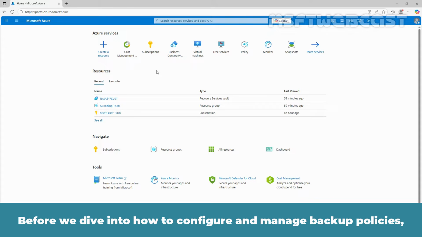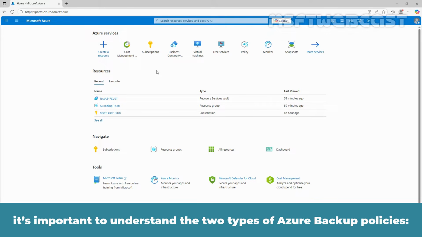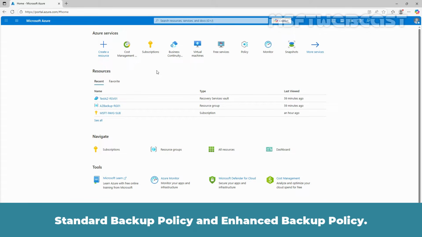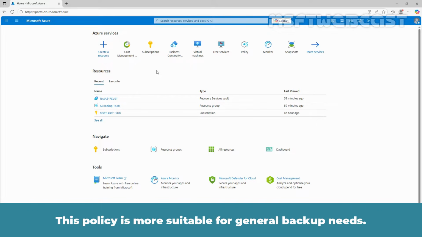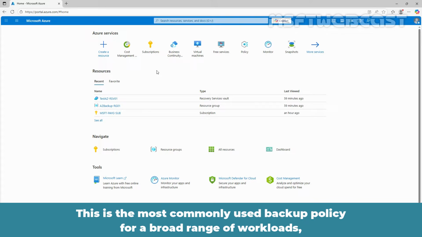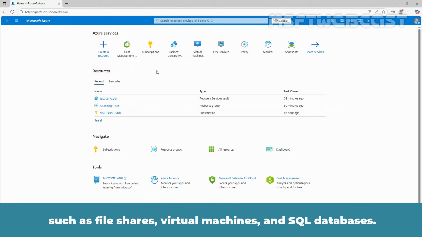Before we dive into how to configure and manage backup policies, it's important to understand the two types of Azure Backup Policies, Standard Backup Policy and Enhanced Backup Policy. The Standard Backup Policy provides flexibility and control over backup frequency, retention, and storage. This policy is more suitable for general backup needs. This is the most commonly used backup policy for a broad range of workloads such as file shares, virtual machines,